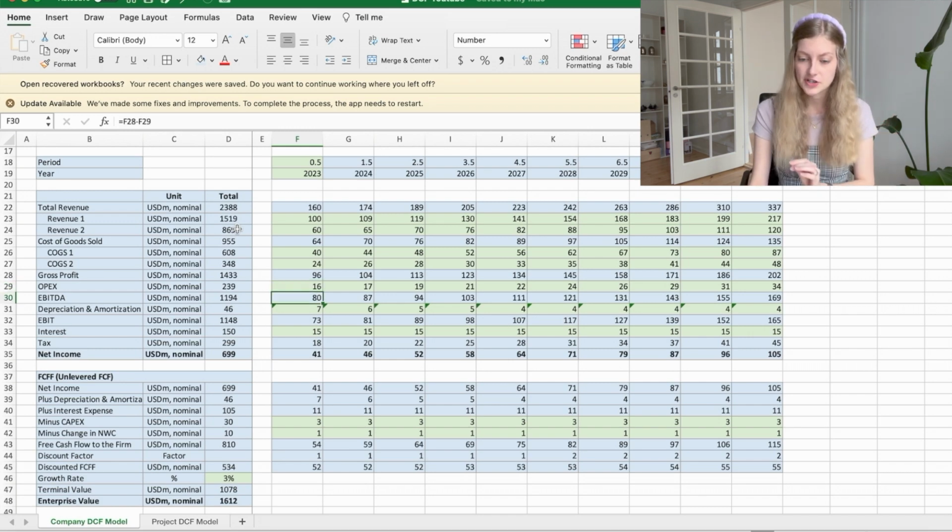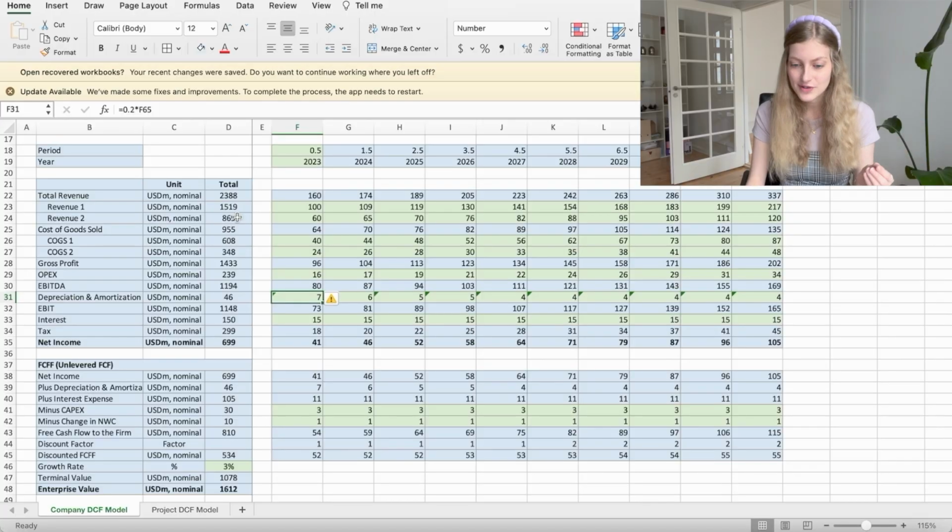Then we subtract depreciation and amortization. Depreciation is related to capital assets. So if a business, for example, buys a computer that it expects to use for 5 years, it's going to allocate the cost of that computer over 5 years. That means it's going to depreciate the computer over 5 years. That could be taking 20% of the cost of the computer and allocating that over 5 years. So that's depreciation, and amortization is basically the same thing, except it's for intangible assets. So if a company, for example, has a patent that's going to last for 20 years, it could amortize that patent over 20 years. And so after we subtract depreciation and amortization, we get our EBIT, our earnings before interest